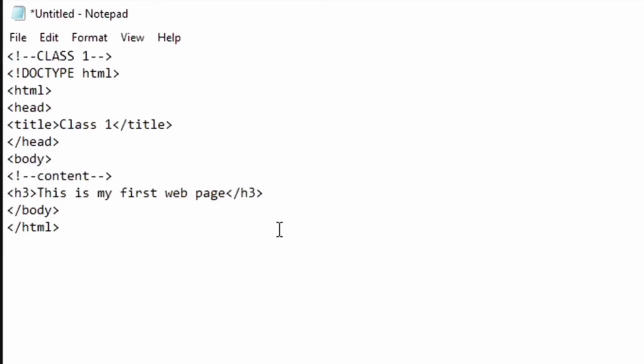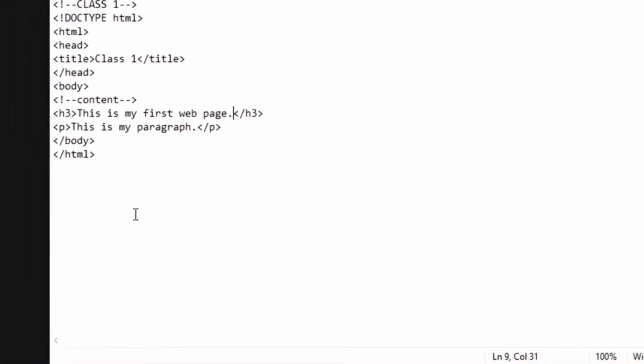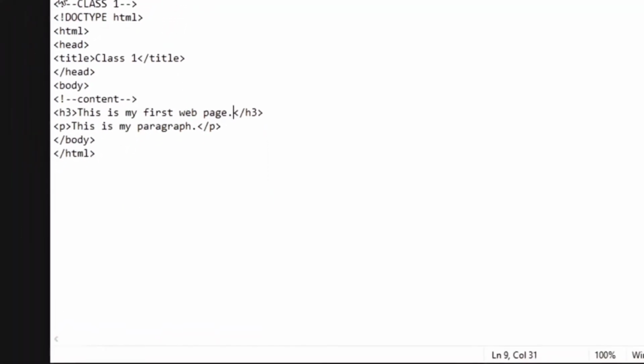For a paragraph you will be writing P and P close. To close there is a backslash. Between these two elements you are going to write your content, that is, this is my paragraph, or anything that you want. So for the time being you have just written your first HTML file.